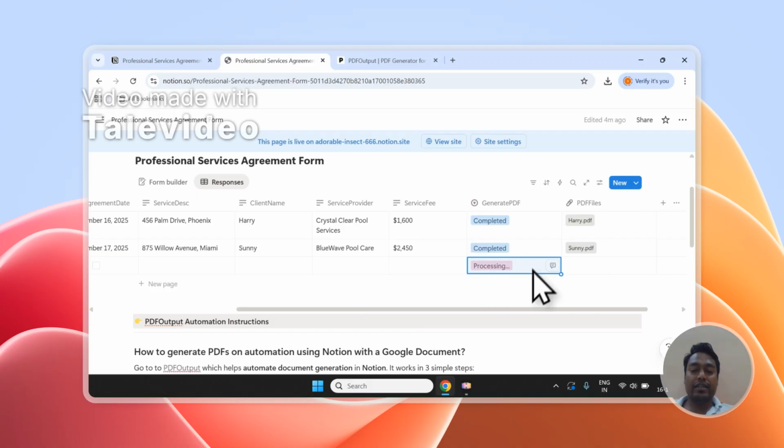And as you can see, it has started processing this document, which it will convert to PDF right over here as we speak. So this created the document instantly inside the database, and this is how powerful PDF